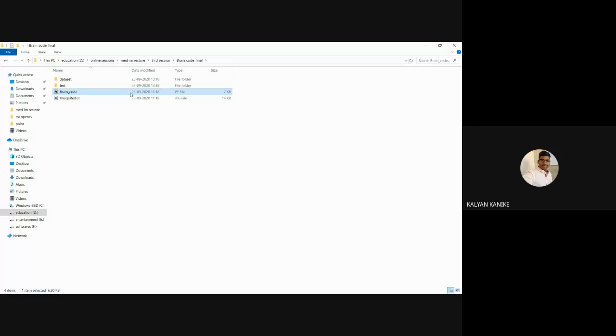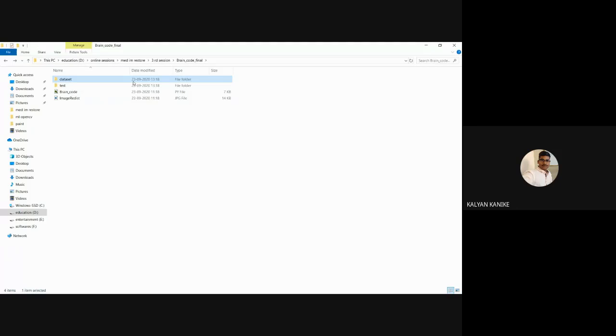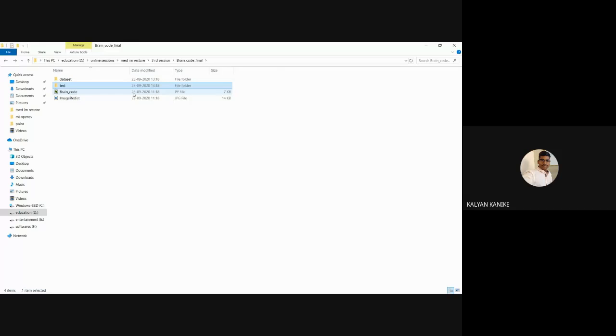So here we are going to discuss about the classification methods. Okay. So classification method here. So these are the brain tumor images for testing and training. So here, based upon this one, we are going to do classification.